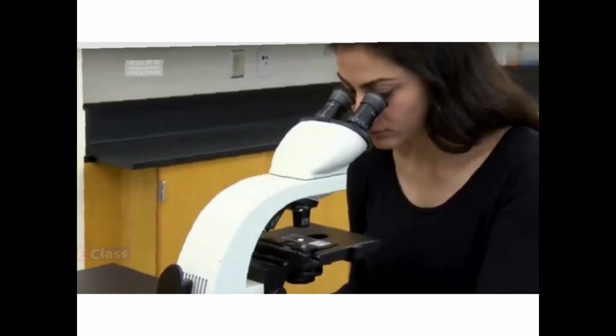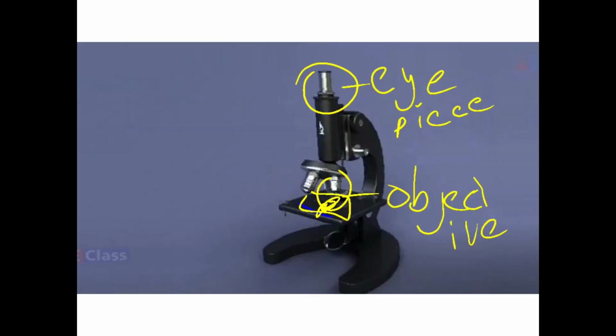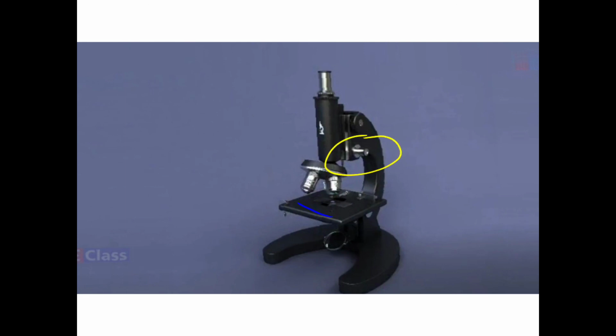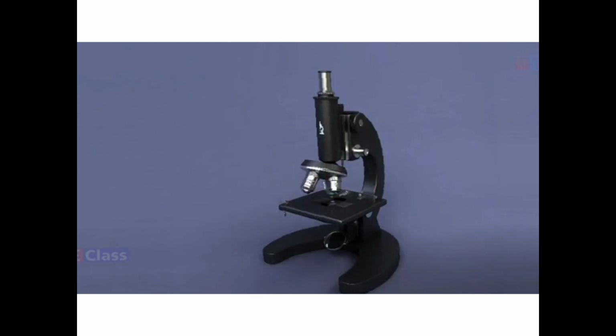So you can observe here, if you remember, I am showing you the screws with which the adjustments were done. Here we had the screws through which we can move the entire arrangement up and down. And a small arrangement is there on the other side, from which you can adjust the eyepiece also. So we do the adjustment in the microscope, and we get the clear image. Okay, so this is how the compound microscope works.